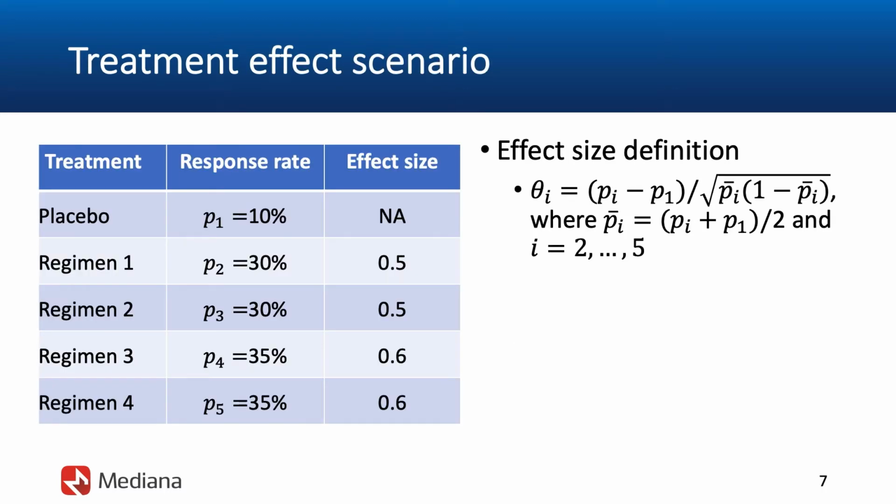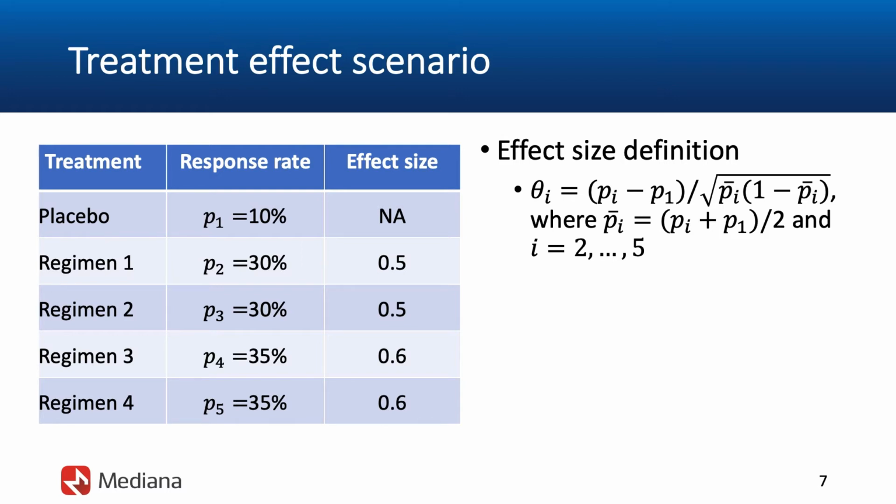This slide provides information on the assumed efficacy profile of the 4 dosing regimens as well as a placebo arm. This information is presented in the table on the left-hand side of the slide. We can see here that the assumed response or improvement rate for placebo is 10%. And as we now go across the 4 regimens, the improvement rate starts at 30% and goes all the way up to